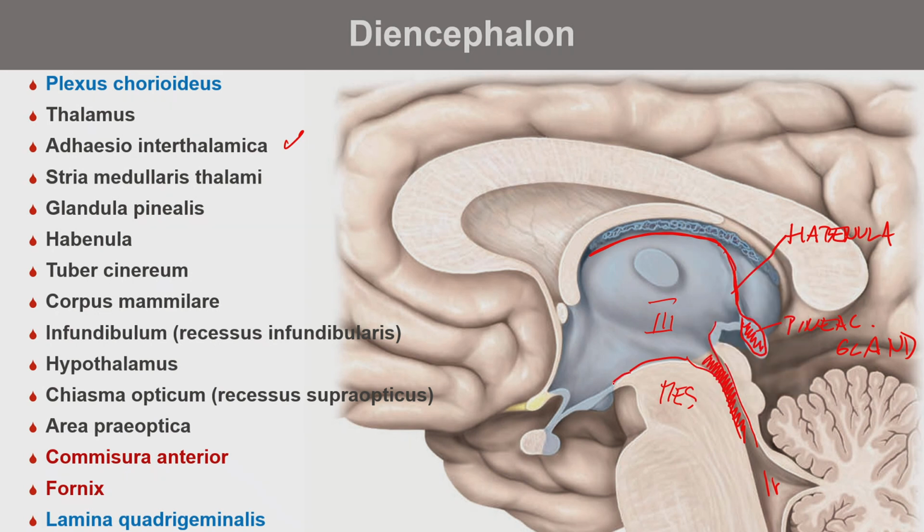The diencephalon then is followed here with two important structures. This is the mammillary body, corpus mammillare. The mammillary body is a very important part of the so-called limbic system, and we will follow the limbic system today also. And then this is a small structure which is also important, called tuber cinereum. The tuber cinereum is again an important structure where we will see some nuclei releasing factors needed for secretion of hormones from the adenohypophysis